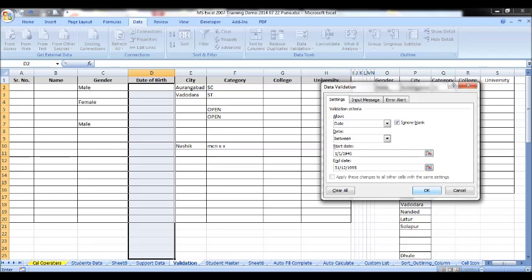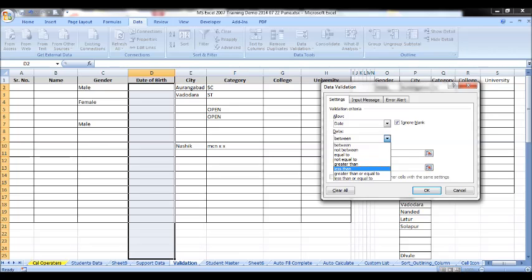Where can we apply such type of restrictions? Suppose you want to enter data for admission for school. In that case you expect that the date of birth of the student should lie before a certain date. In that case you have to set the validation for date of birth less than something like this.